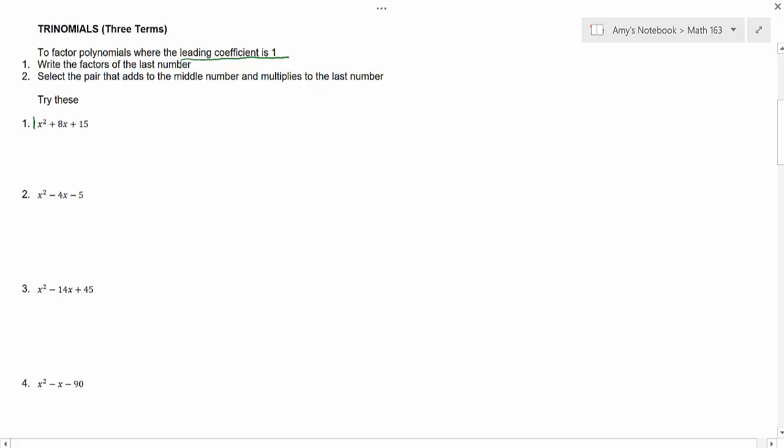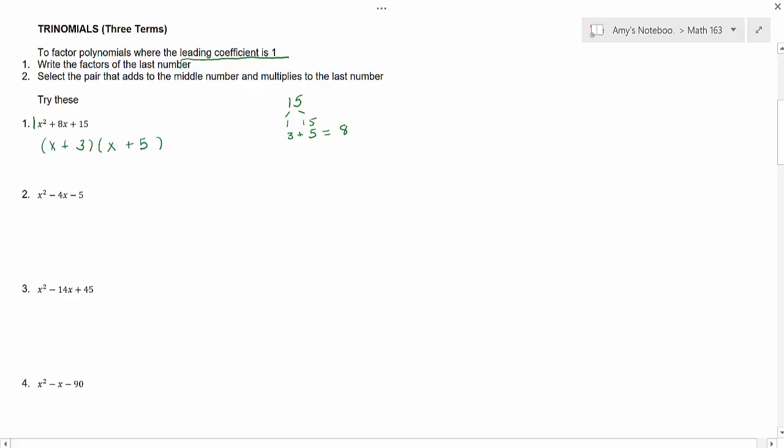When that happens, you will want to write out the factors of your last number. So 15, the factors of 15 are 1 and 15, 3 and 5, and none of the others go. From there, you will select the pair that adds to the middle number and multiplies to that number. So which pair would add up to 8? 3 plus 5 is 8. So to factor this, we will split up our x's, and then you have a positive 3 and a positive